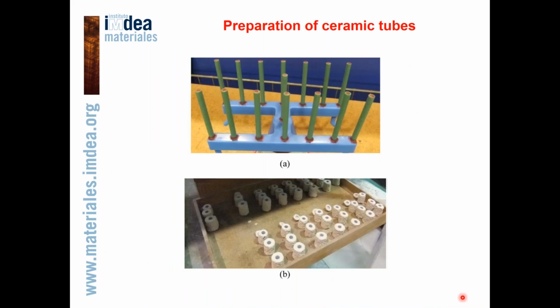So in the second step, our industrial partners from Precicast Bilbao have prepared ceramic tubes for melting solidification experiments using this wax pattern. These tubes were prepared using the same ceramic slurry which is used for manufacturing real ceramic shells for the real investment casting process. And the obtained tubes are shown here on this image.